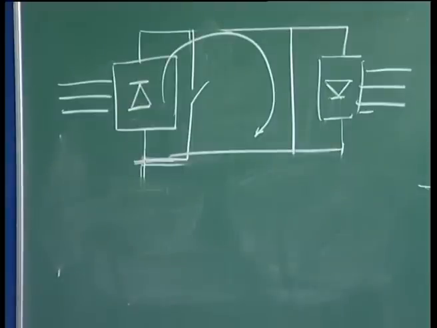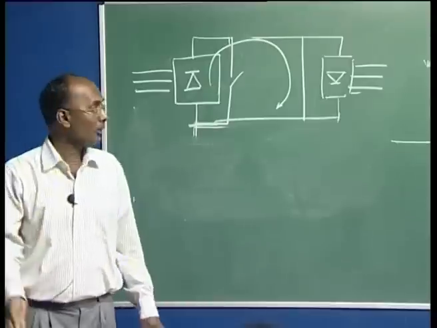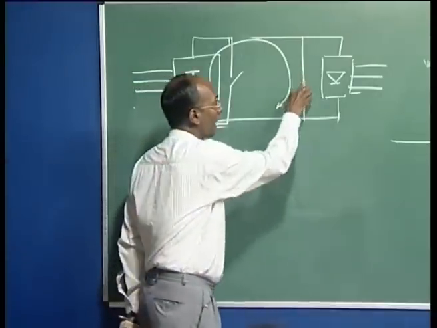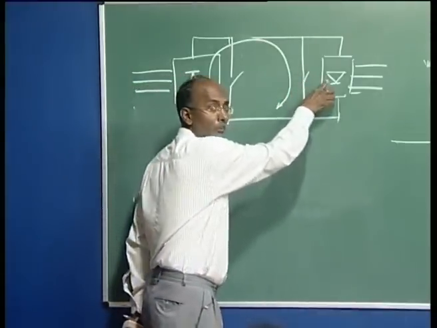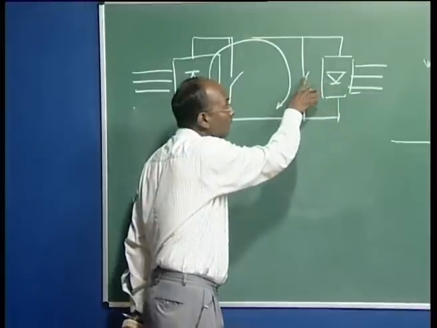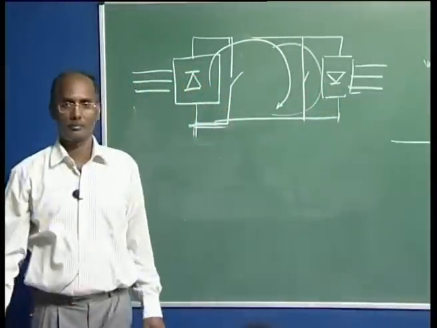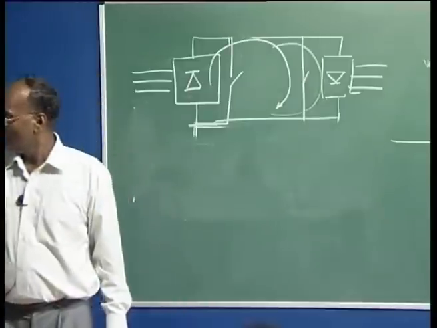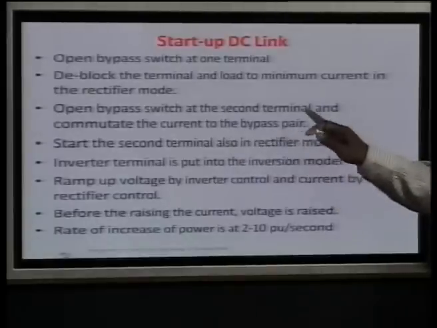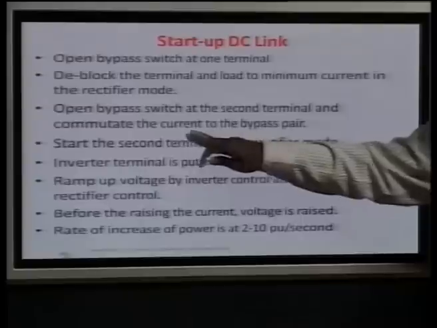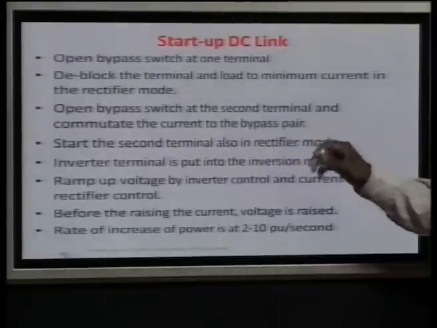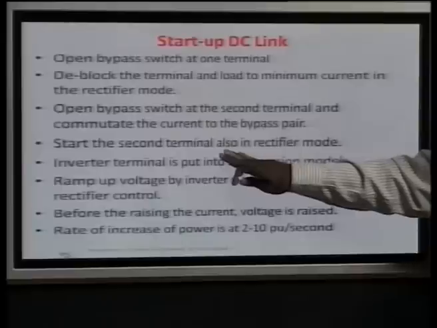So, this current is the minimum current. What we do now is open this switch, and at the same time we have to deblock first. Deblock and then open this switch, and the current will start flowing here. Now, bypass the second terminal and commutate the current by the bypass pair. Then start the second terminal